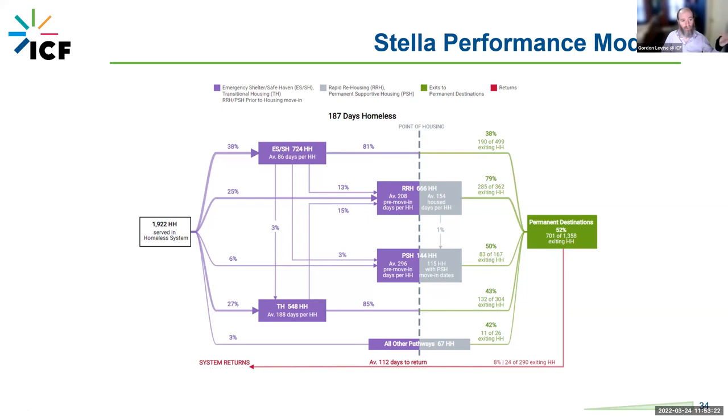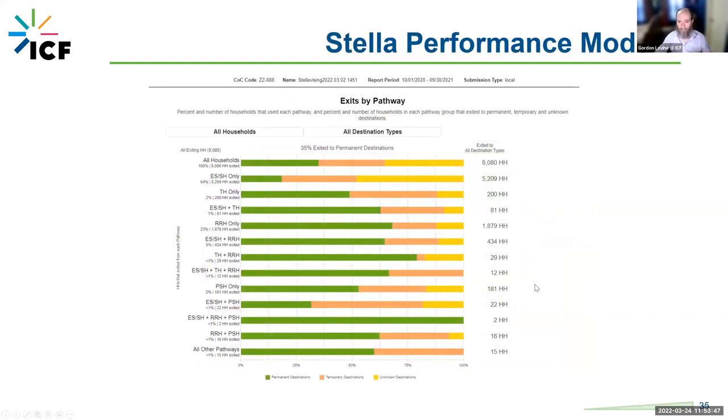On the left, it starts with people who are served at all, how they're served, how they flow through the system, and then exits to permanent housing and returns to homelessness. It's an incredibly good diagram. I once had a staff person spend a year developing kind of a crummy version of this because it was such important data. And this is just one of the things that you can do with HMIS data. Next slide, please.